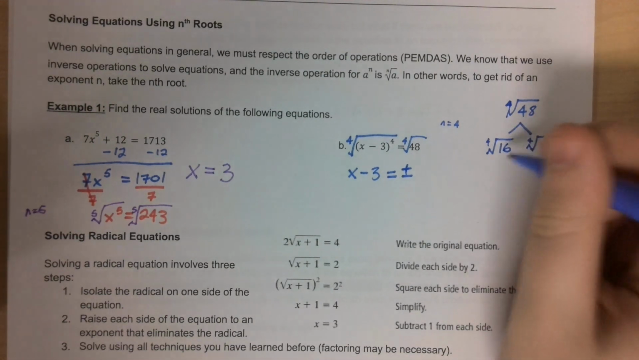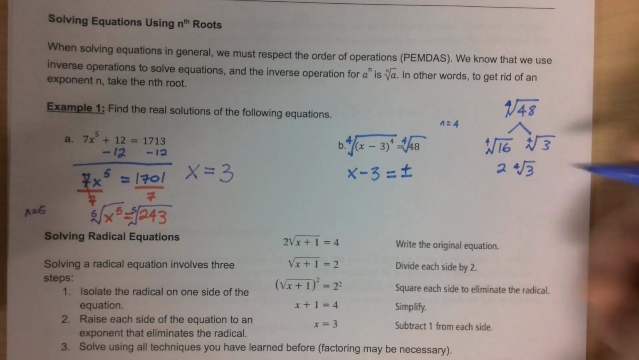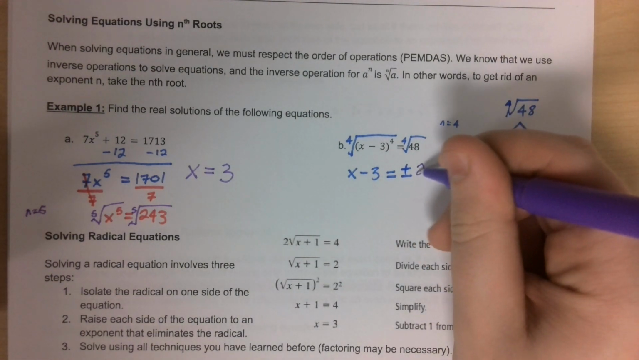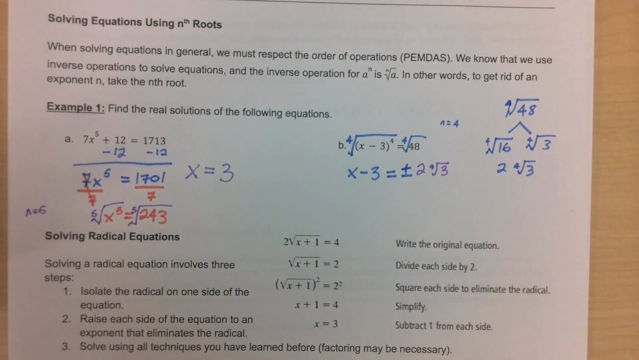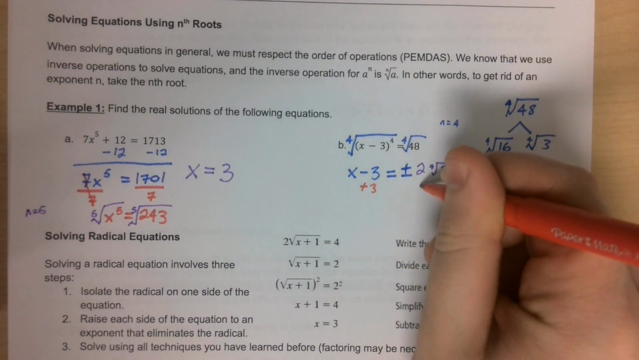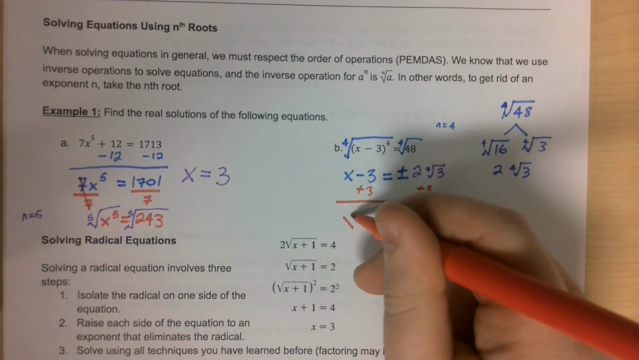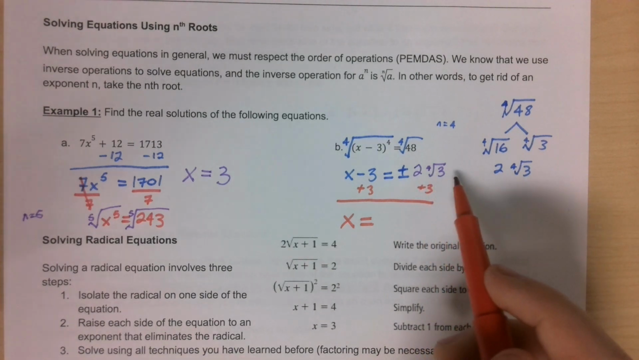So since the fourth root of 16 is 2, and we'd be left with the fourth root of 3, we say that the fourth root of 48 is 2 fourth root 3. From here, there's only one last step we need to do, which is to get x by itself. To accomplish that, we can add 3 to both sides. Now, when we write out our answer here, you could write it as plus or minus 2 fourth root 3 plus 3,